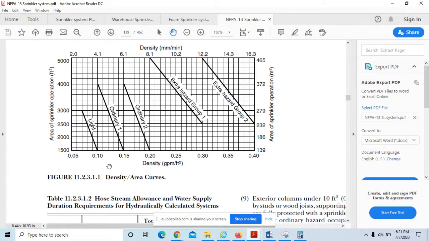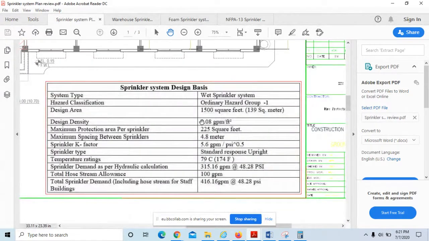Now the consultant will be in the questions. So either you ask them to make sure what hazard we are going to consider, because you have given in the plan that this is ordinary hazard 1, we are going to keep it. But okay, for 1500 square feet, try to keep the density 0.15, not the 0.07, which is for the light hazard occupancy. Even if you are using the last one at this location, which is 0.10, the area you have to consider is 4000 square feet for the ordinary hazard. But they have not considered that much area either. They have considered 1500 square feet. So this is one of the deficiencies. This is one of the biggest deficiencies.